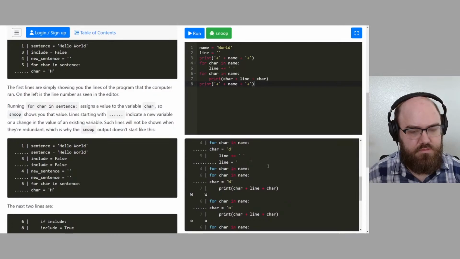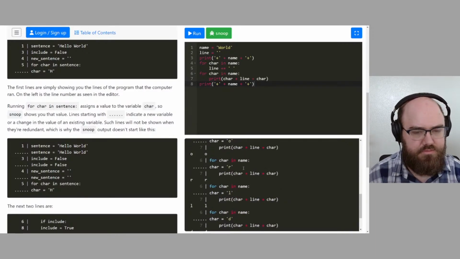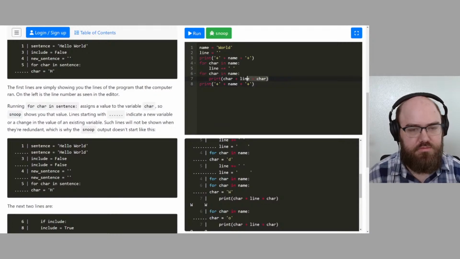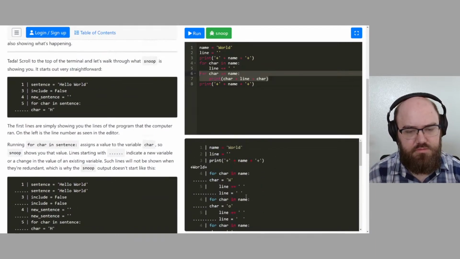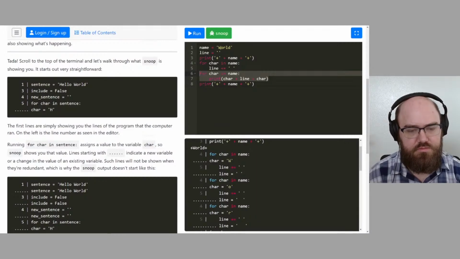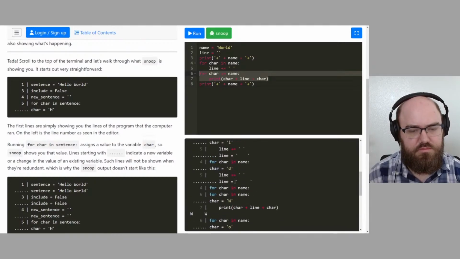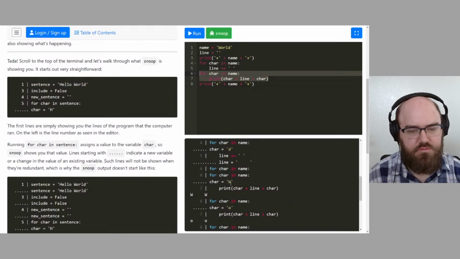So after it developed all those spaces, this would be the new value. That's the value of line that persists after the first for loop. But now it's a new value for when it's doing the loop that I created starting at line 6. That's how we developed all those spaces to match the same amount of spaces that would make the characters for world. And then from there, that's where we start to print out the character, because the first thing we're going to print out